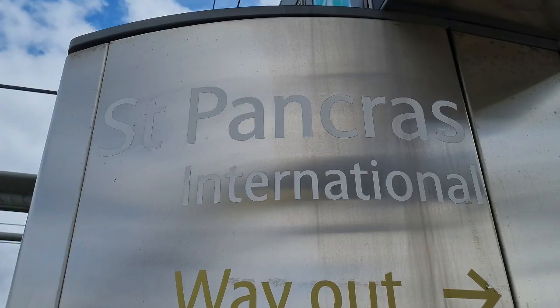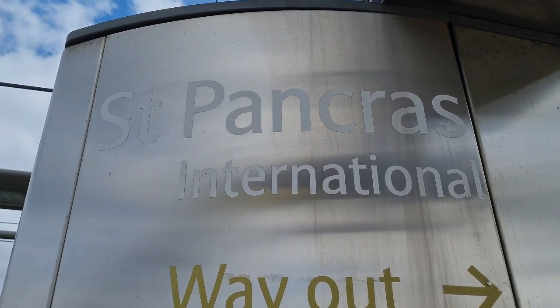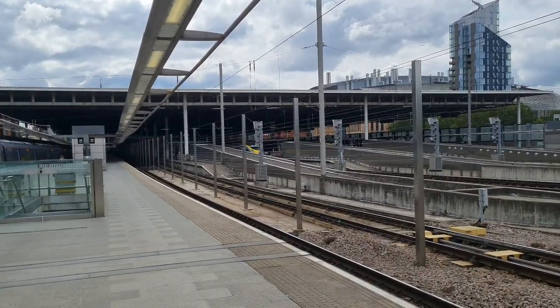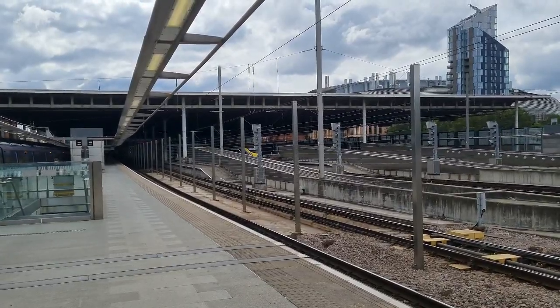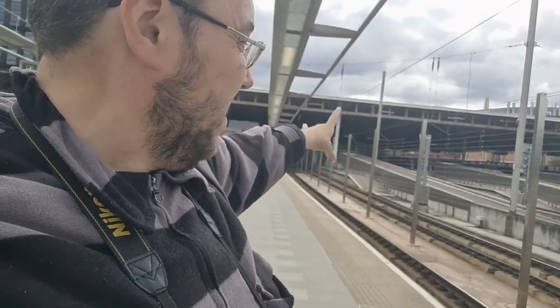I'll get it in now. We're here at London St Pancras International Railway Station, operated by South Eastern, which I only knew today. And it has 15 platforms. Platforms 1 and 4 for East Midlands Railway over on the far side and sporadic Thameslink services. Platforms 5 through 10 for the Eurostar services. Platforms 11 through 13 for South Eastern's high-speed services, and platforms A and B for the Thameslink services on